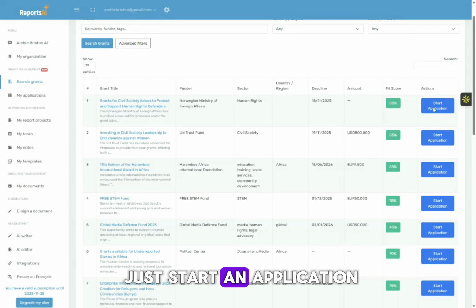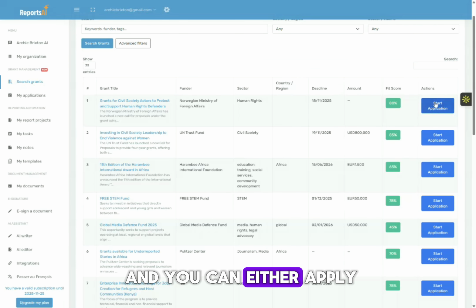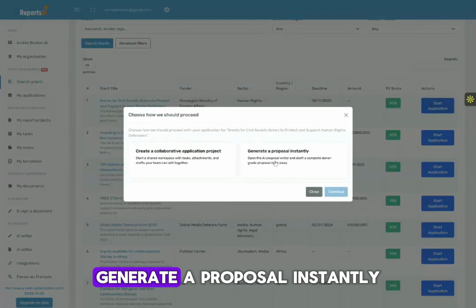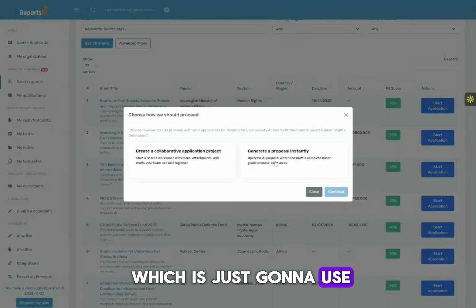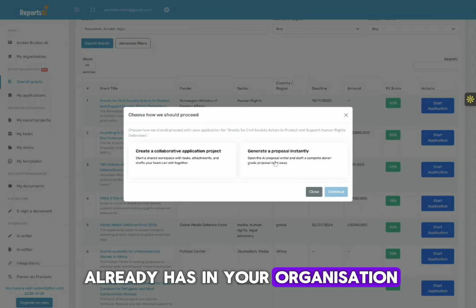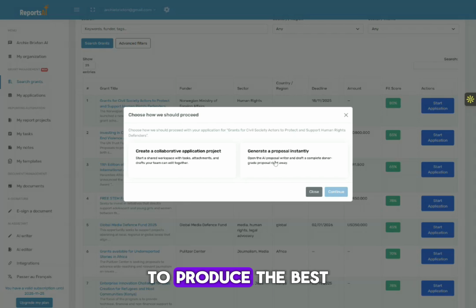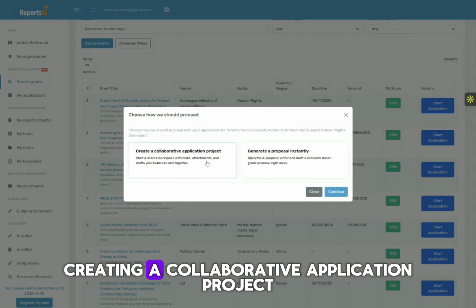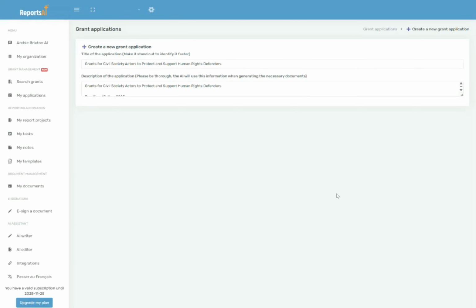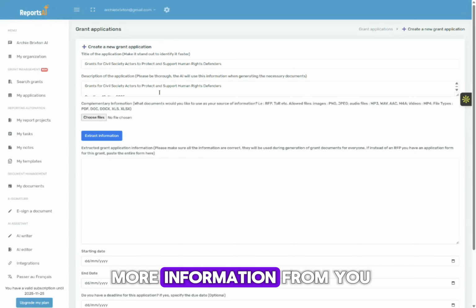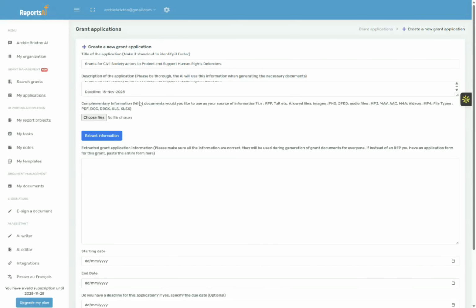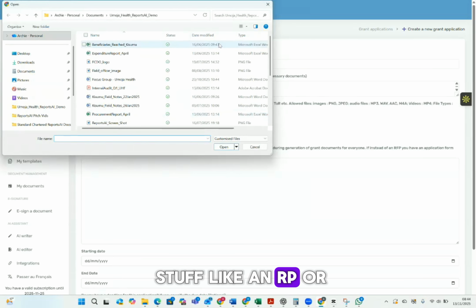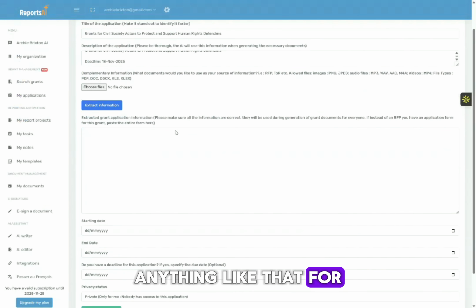And then you can just start an application, and you can either generate a proposal instantly, which is just going to use the information that it already has on your organization within the platform to produce the best responses it can to the questions. But if you want even stronger responses, then you're better off creating a collaborative application project, because this will request more information from you. So you can upload stuff like an RFP or anything like that for the application,